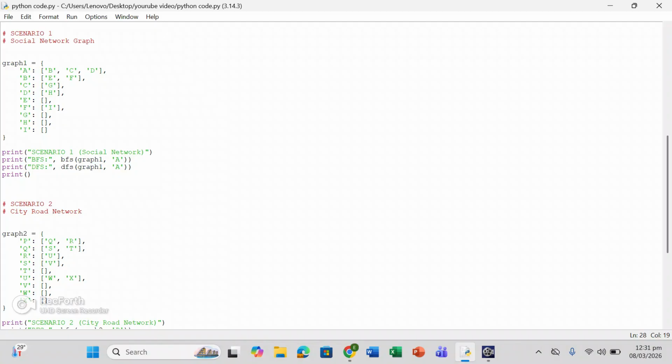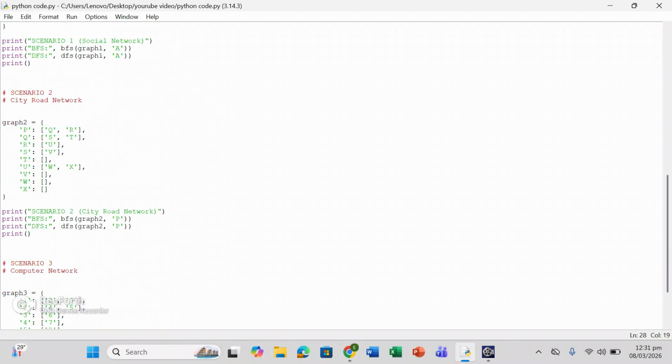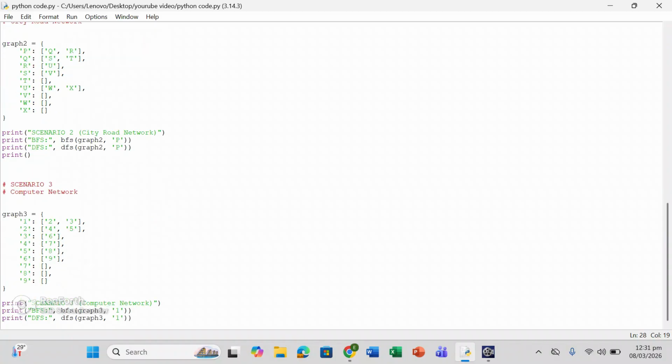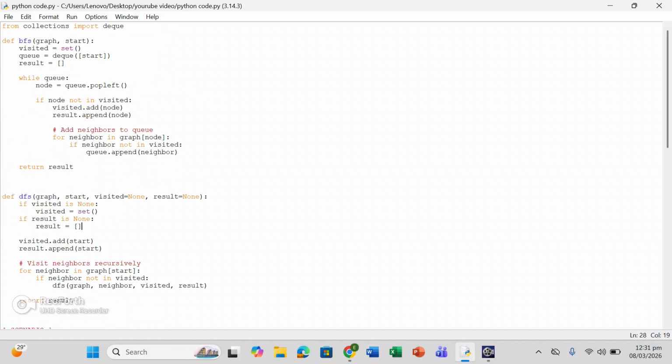So in scenario 1, this line calls the BFS and DFS functions, and the traversal starts from node A, graph 1. This means it is starting from A. Similarly, scenario 2 is also the same, with starting node B in both cases, as well as scenario 3, the computer network. Now this is the DFS and BFS code we have studied. If we run this code, you can see